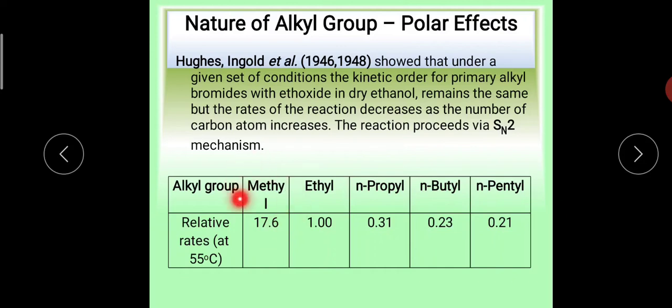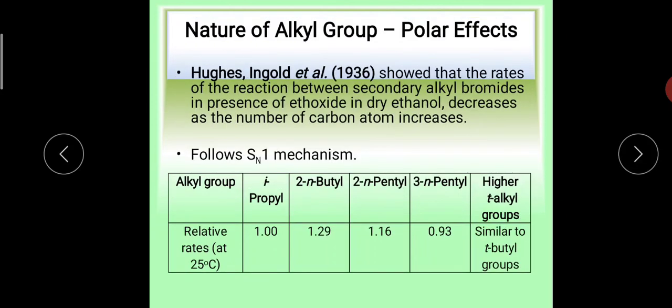Okay, so in methyl halide there is only one carbon, in ethyl halide there are two carbons, so the rate decreases. In n-propyl halide there are three carbons, the rate further decreases. In case of n-butyl and n-pentyl halide, the rates are much lower when compared to methyl halide. So the more carbons, the lower the rate of the reaction when it proceeds via SN2 mechanism. They have also shown that the rate of the reaction